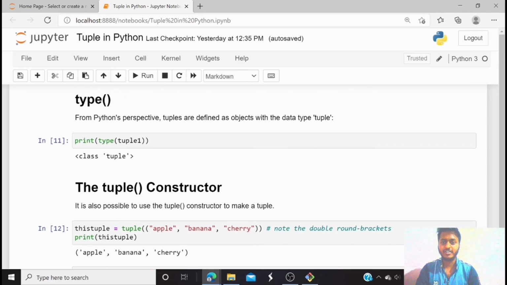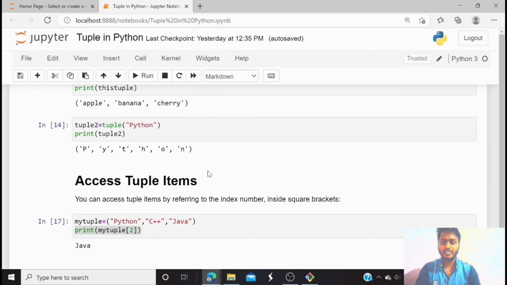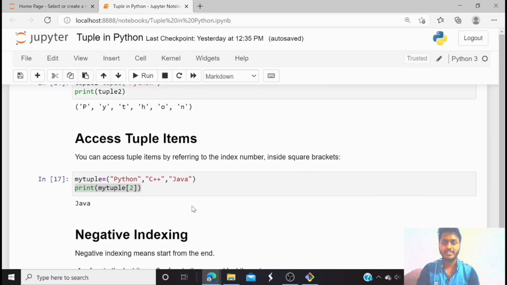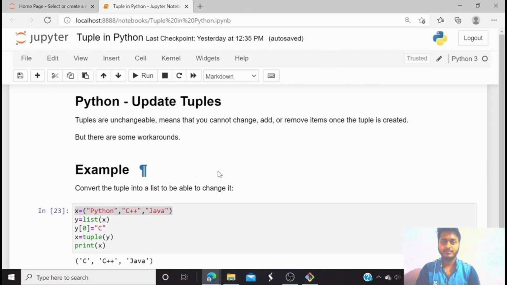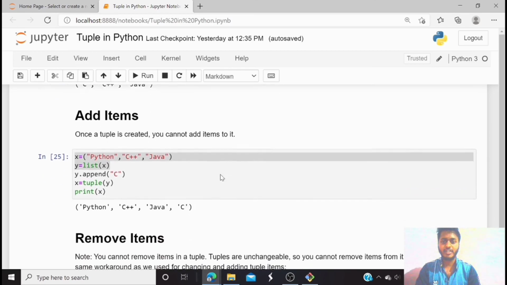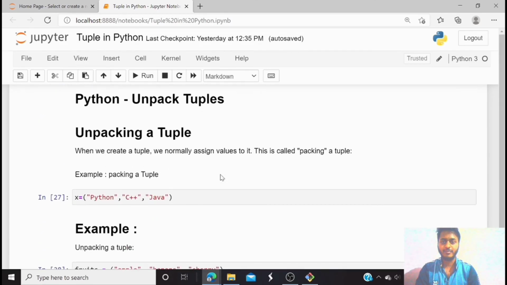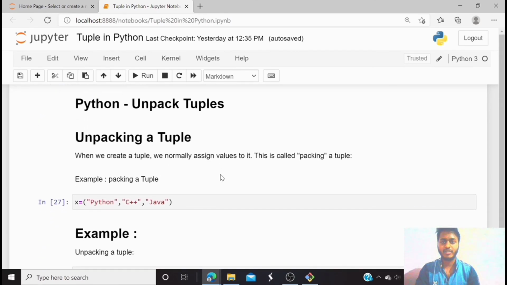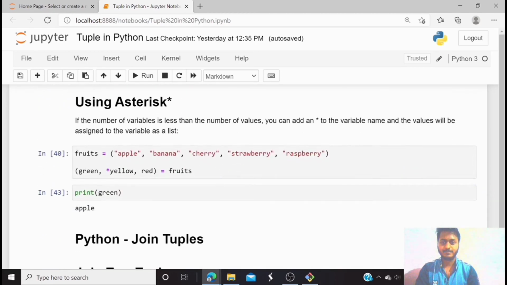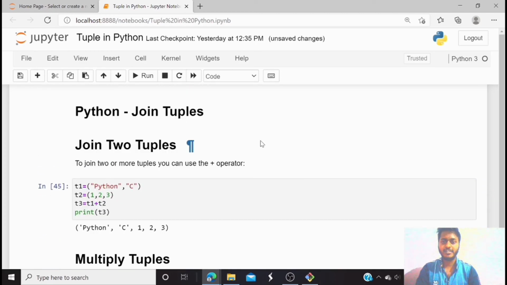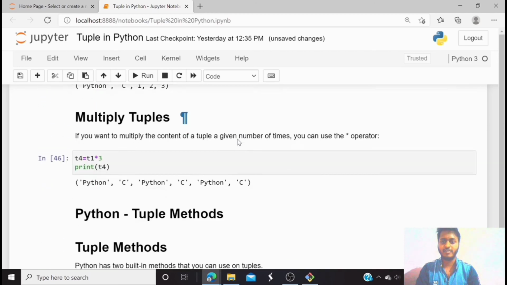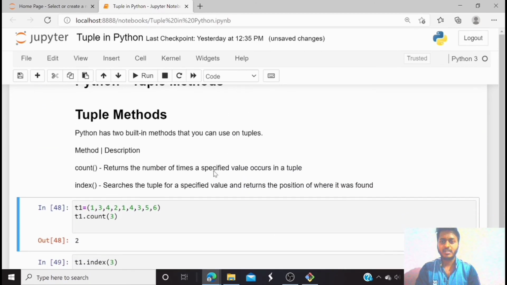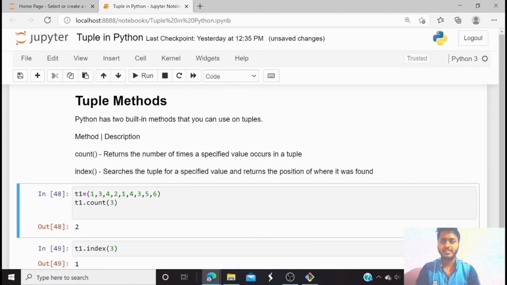We had seen what a tuple constructor is. Also how we can access the elements from the tuple, how we can update the tuple, and how we can add or delete items from the tuple. Also we had seen how we can unpack the tuple. And we did some operations on the tuple, like adding or multiplying a tuple. And we had seen the two methods of the tuple, that is count and index.